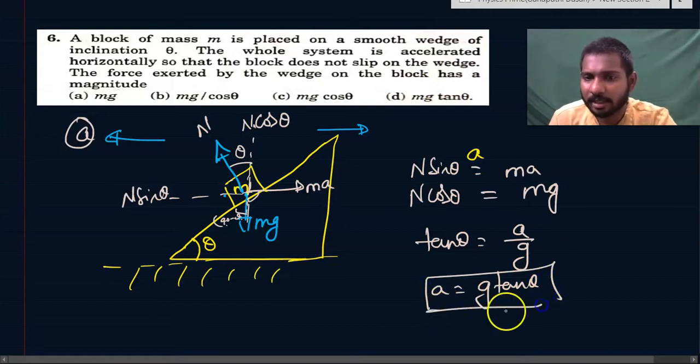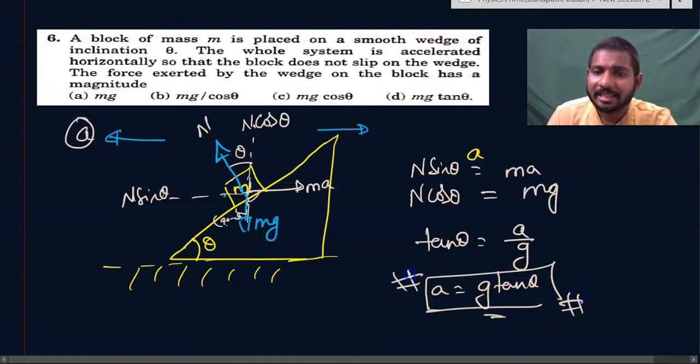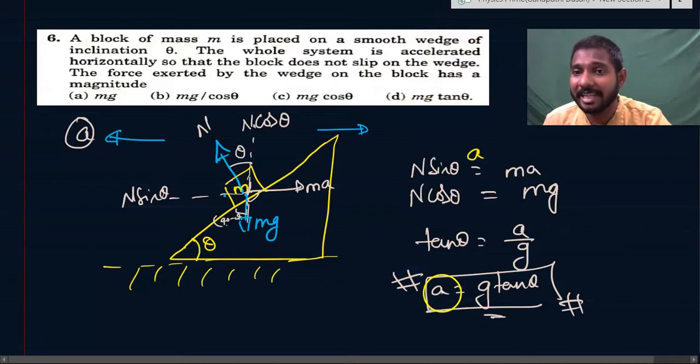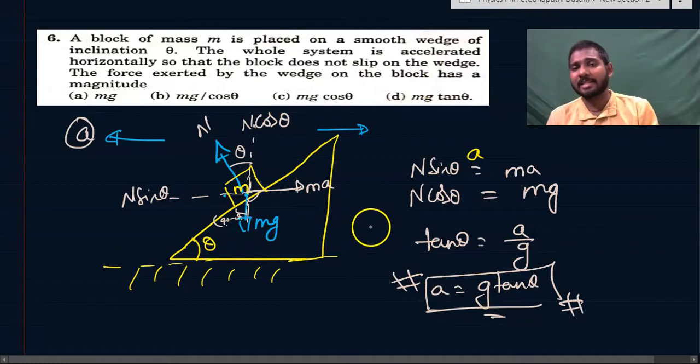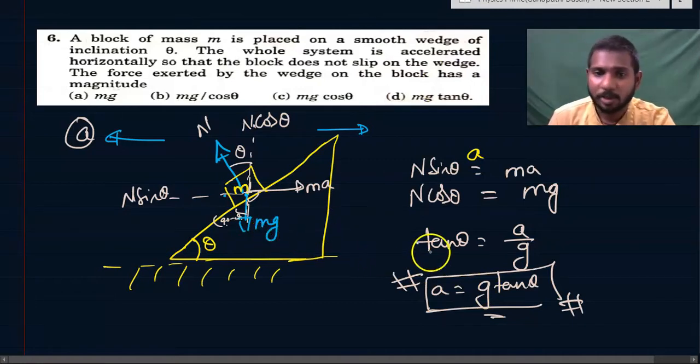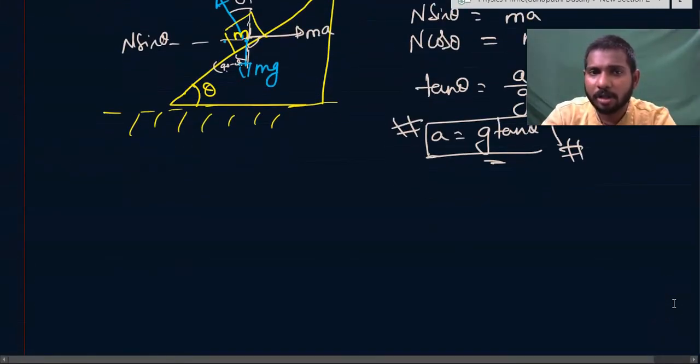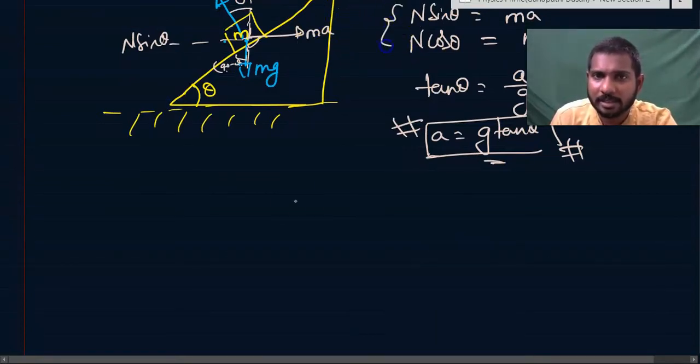So this is an important conclusion. You need to understand this acceleration, it has been asked in a number of NEET exams. It was asked what is the acceleration with which the wedge should be accelerated so that the block will be at rest on this smooth plane. So acceleration will be g tan theta. If you know this, can we solve what is the normal reaction? So from the diagram, from these two equations, a equal to g tan theta, what is the normal reaction here?